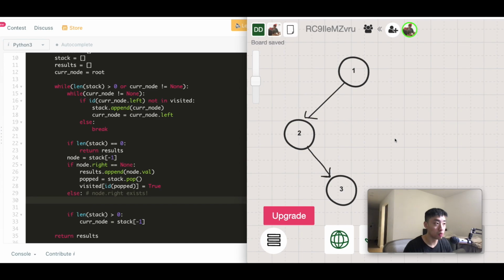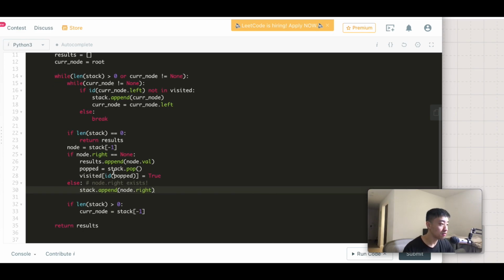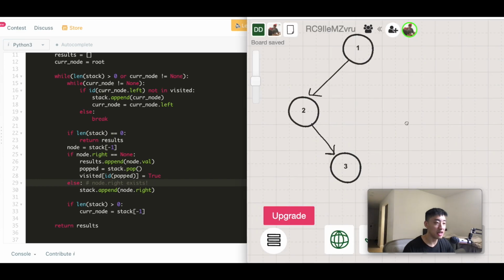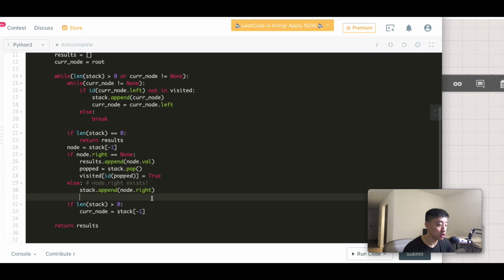So we can probably just pop this onto the stack because it's something that we need to further explore, right? So what if we just pop this onto the stack? Stack.append node.write, right? Because then once we pop it on the stack, we're now saying, okay, now we need to start looking at it. So we go through the rest of the code and we'll eventually end up